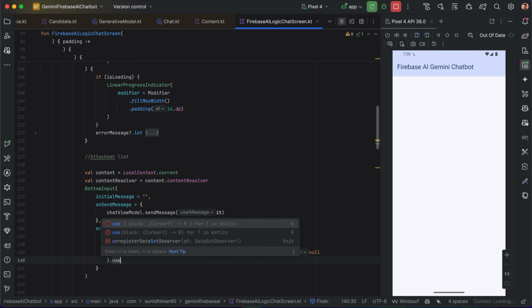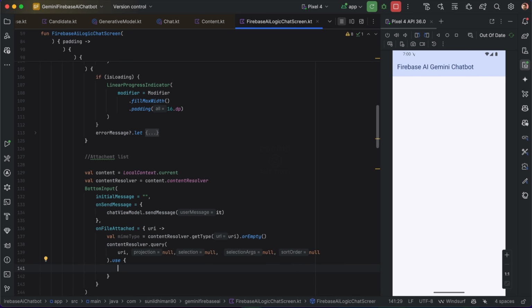Then we can use it. It will be providing the cursor. That is the way of using it. If some URI is the path of the file and you want to query that, you pass the URI and some other parameters, projection, some queries if we need, but we are passing them separately. Then we can use that. It will be providing the cursor, and then from the cursor